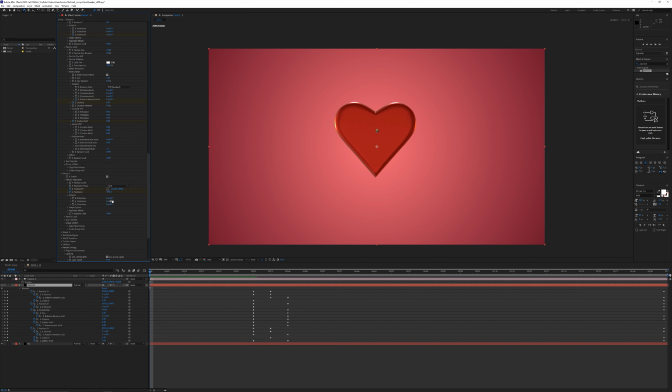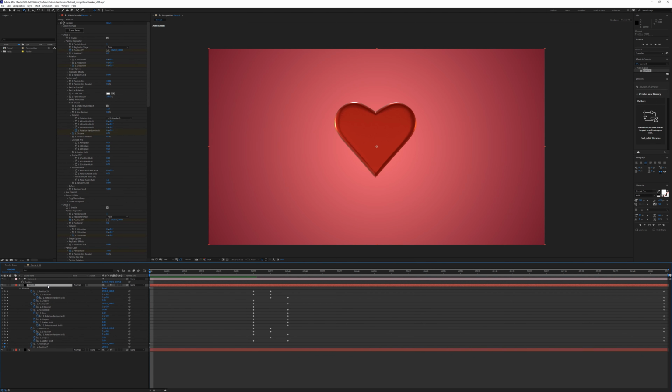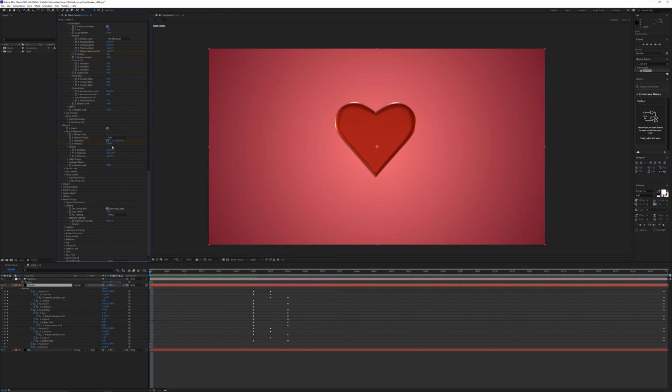So for the rotation Y, I'm going to rotate this around about 15 degrees or so. Then we can push back position Z, just something like 2500. So remember, positive values actually go further away from the camera. Negative values come closer. To see the keyframes, I'm going to click U again twice. So on the position XY, we'll pull this over quite a lot so we can see it off to the right hand side here. Then at frame 30, we'll set the Z position to -100, and then we'll move the X and Y back so it's about in the center like that.